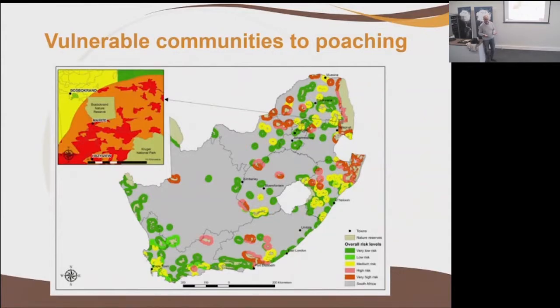They don't have anything to lose. They live in poor conditions and so forth. It's very attractive to coerce them into being part of it. So what we're trying to do is identify those communities at risk and then see whether there are any interventions that can be done to improve their livelihoods and so forth, so that they're not going to be enticed to